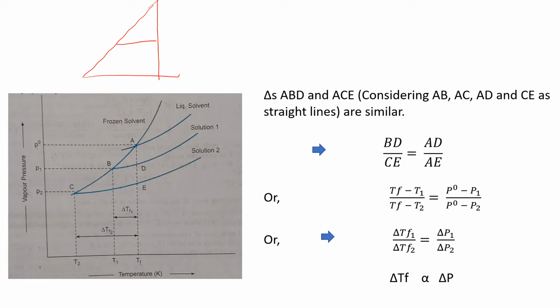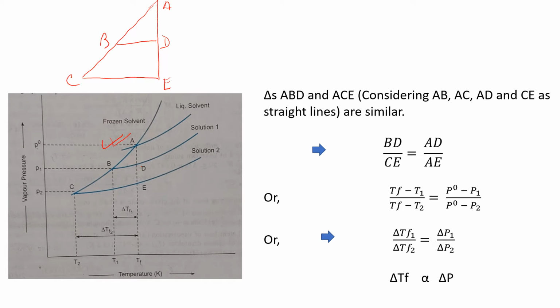We are getting this type of triangle. This is your A, B, C, E, D. If you consider AB and AC, BD and CE as straight lines, we can get this type of triangle. And as we have already proved in the lecture on elevation of boiling point, these two triangles are similar